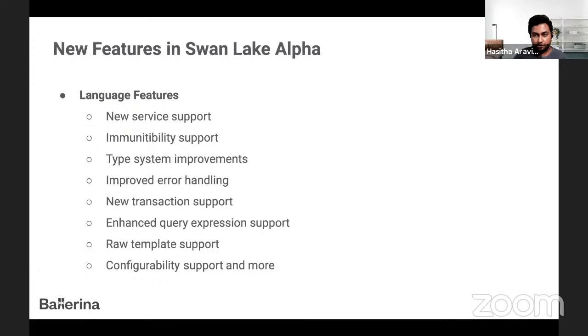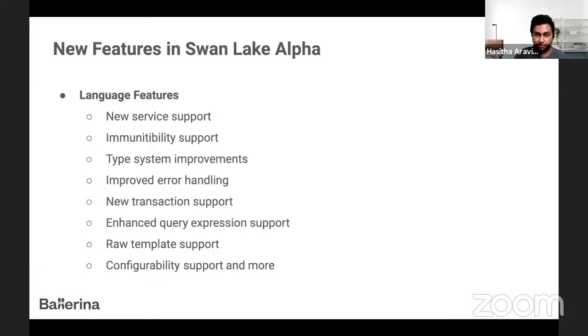Another key feature is the improvement to error handling, and we have introduced the new trap construct and the do and on fail clauses to improve the error handling. And then we have new transaction support. Now you can statically type check transactional scopes in your source code, and then we have improved the query support,